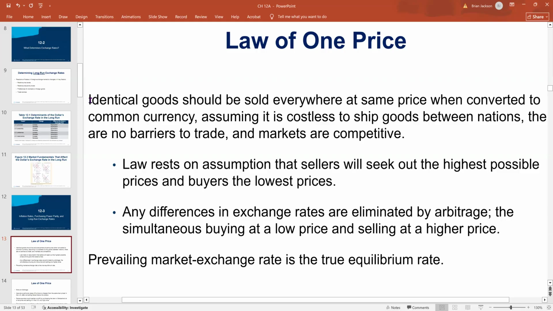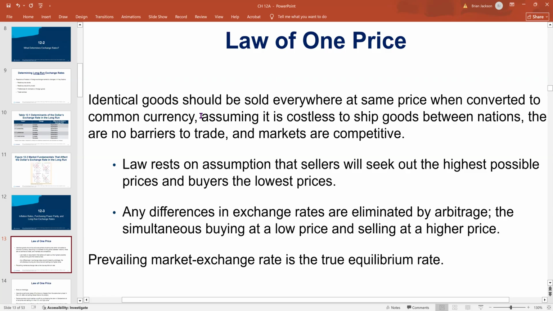So the law of one price is a very simple idea. It says that identical goods should be sold everywhere at the same price when converted to a common currency, say dollars. We'll put the assumptions here in a minute, but we're going to look first at a